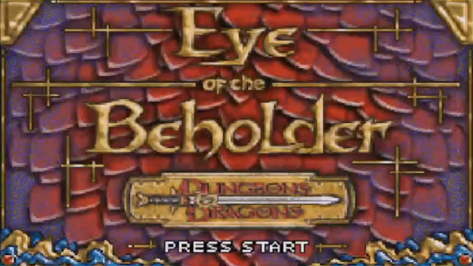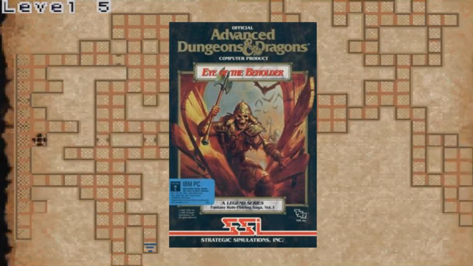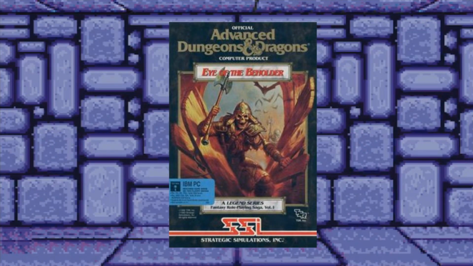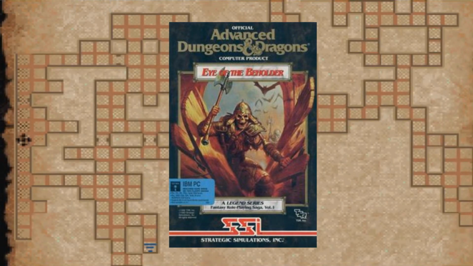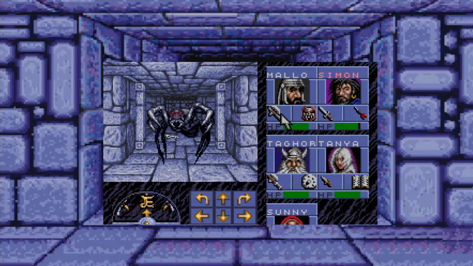Well, let's find out in Dungeons & Dragons: Eye of the Beholder, first released on the Game Boy Advance on November 7th, 2002, and developed by Pronto Games and published by Infogrames. So, interestingly enough, this is not the only Eye of the Beholder game that exists. Eye of the Beholder was also released on PC and even the SNES as well, but that game was developed by Westwood, and if you were to examine the two versions together, you'd see that they are both very different